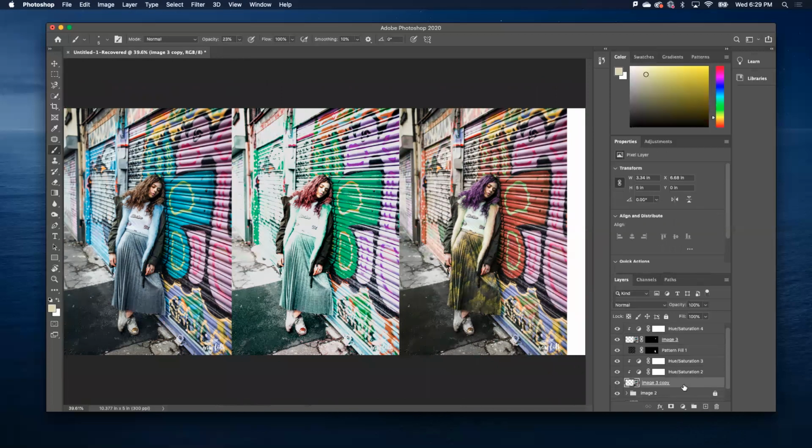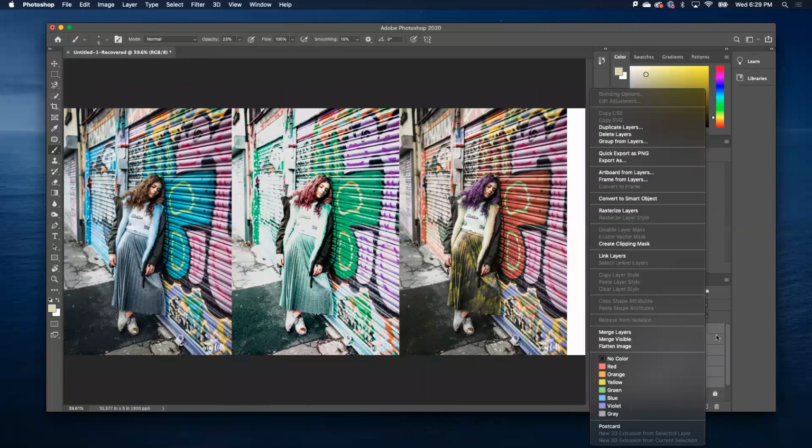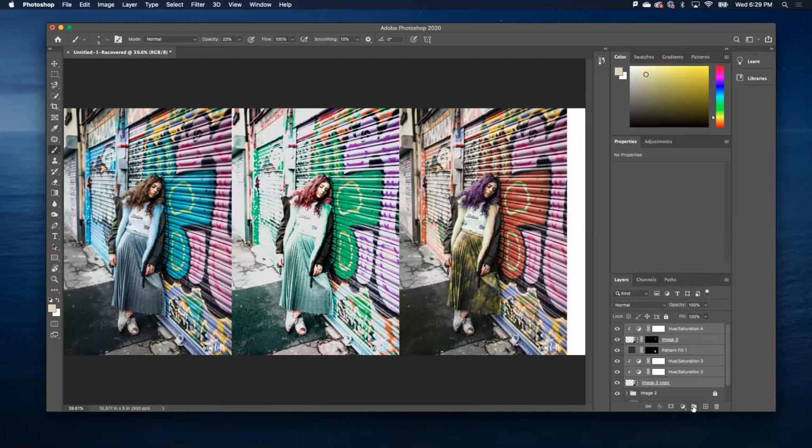I'm gonna go ahead and group all of this together as well. So I have my image 2 here. I'm gonna make sure I group the rest of this as my image 3. So I'm gonna press my first layer and then press and hold shift, go to my topmost layer, and then let go of my shift, and that's going to select all of that together. I'm going to right click, actually don't right click, hit this folder here, and that's going to create a group